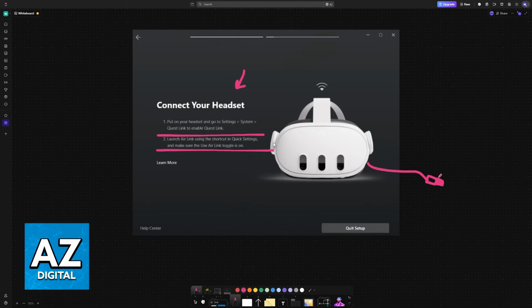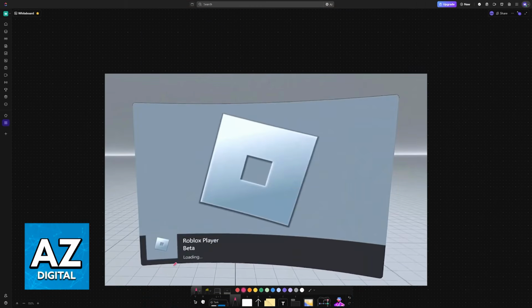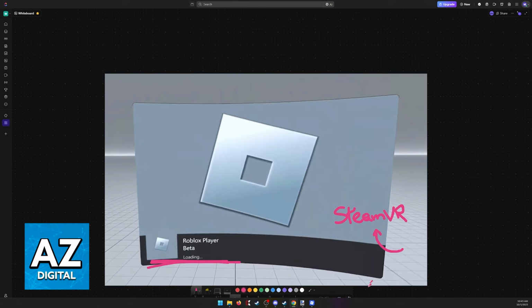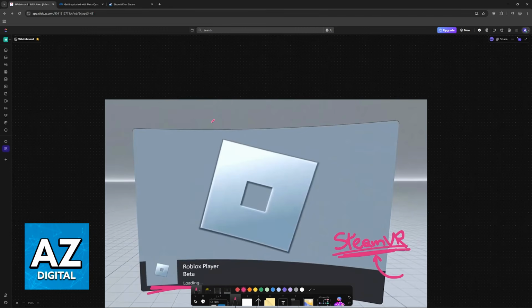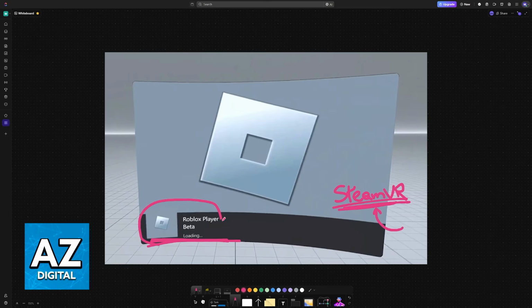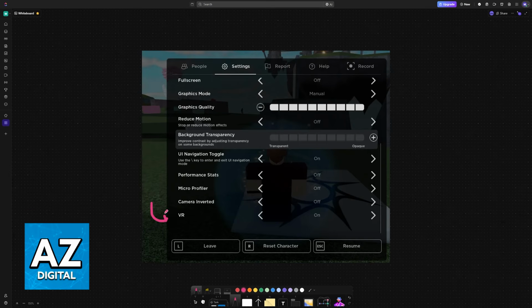So once you access Quest Link, you will have a virtual view like this, and you can choose the Roblox player. Besides, before you do this, make sure that you run Steam VR. You can either run Steam VR on this VR interface on your headset, or you can open up the Steam library on your PC and then run it from there. Once you have Steam VR running, the headset is connected to the PC, and you launch Roblox Player. When you join Forsaken or any other experience, you will be able to enable VR from the settings. So if it isn't already in virtual reality, go over to Settings and then enable VR from here.